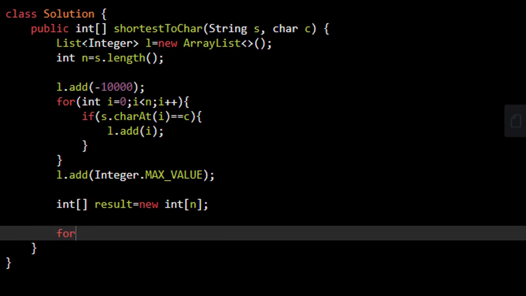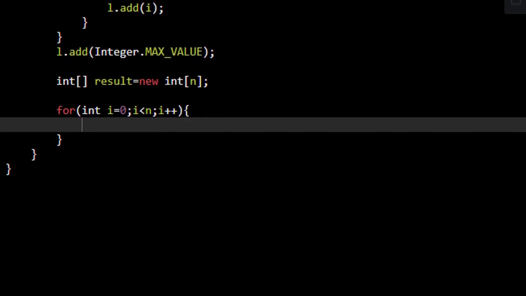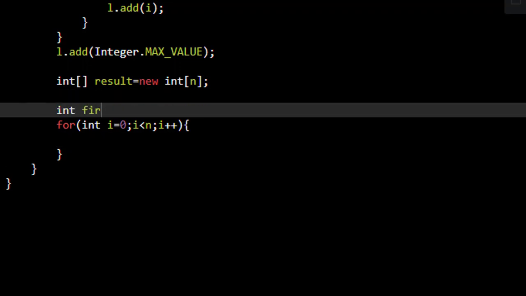and now we will again loop on the length of the string. Now we need two values, the first value and the second value. So we'll take two variables.